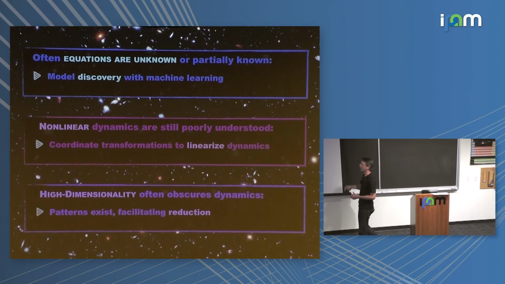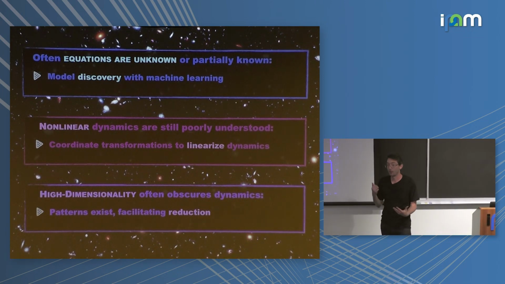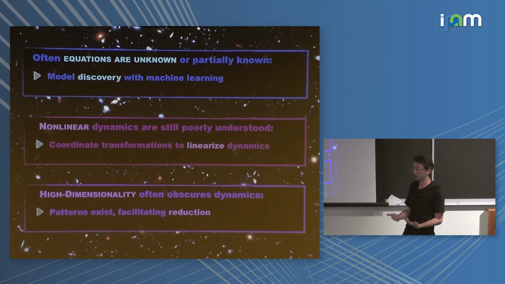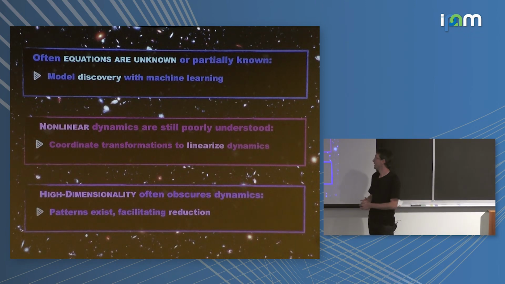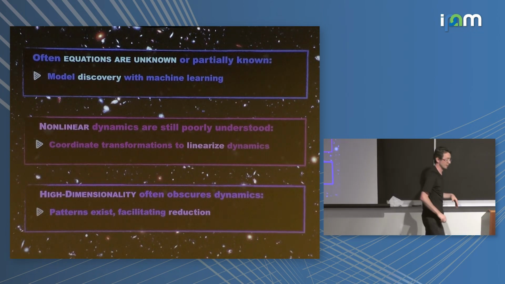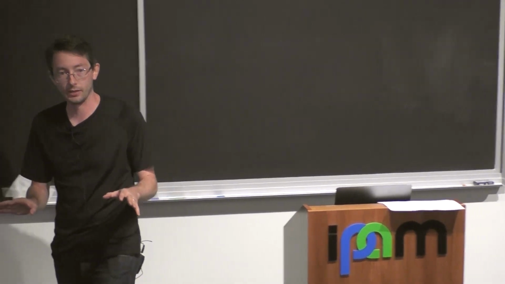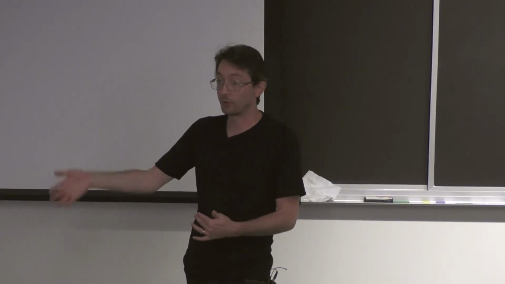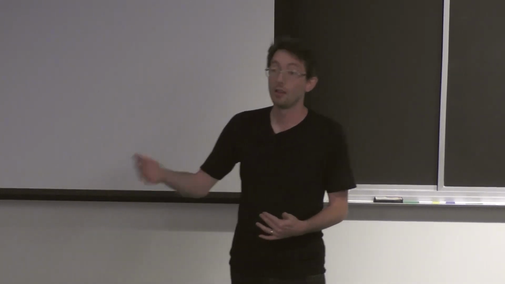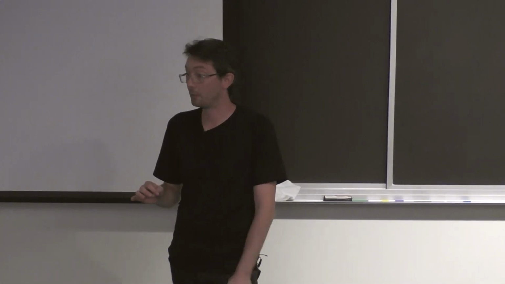Okay? And we've been talking about the basic challenges that we have in modern dynamical systems. Often we don't know the dynamics, or we can't agree on them, or they're not in a form that's particularly useful. Often they're nonlinear, so we need to find coordinate transformations that simplify the dynamics, and high dimensionality is always a key challenge. So again, please interrupt at any time. I have probably way too much material for one tutorial. I'll save some of it for the fluid dynamics lecture on Tuesday, some of the high dimensional stuff. But if there's anything you're particularly interested in, I'll spend more time on that.